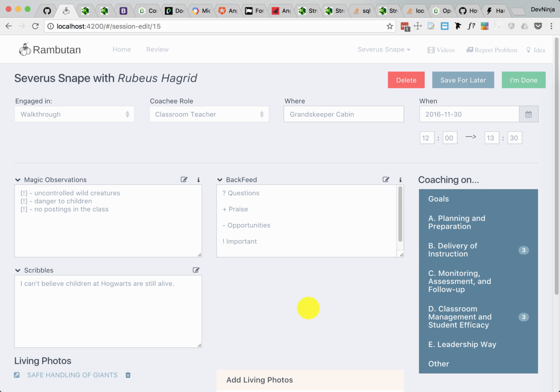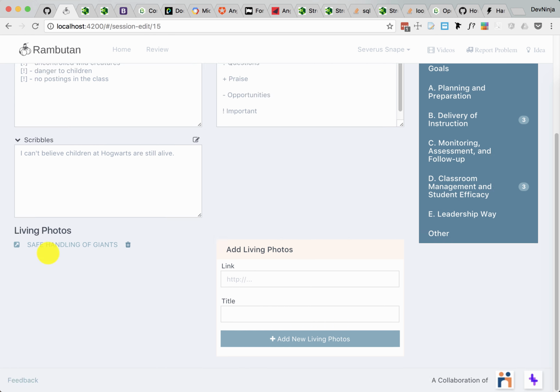Alrighty, and let's go down here to the bottom. The last thing, we call these living photos in the land of Hogwarts, but they're links for the rest of us, or evidence. And again, obviously we've renamed this for Harry Potter, but you can rename it to be whatever you like. And the geniuses of your Coachtopia will surely do that. So this is a place where, this box on the right, where you can add links. You can see we've already got a link in here